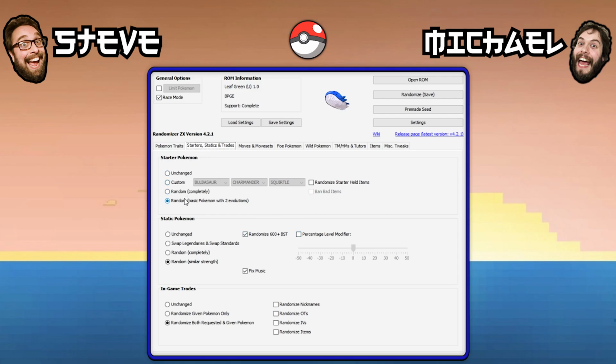On to the more interesting ones. Starters, statics, and trades. We will be beginning with 3 random starter Pokemon. We're not going to be given a choice of Moltres, Weedle, and Weedle or anything ridiculous, which is completely random. We've chosen to go for 3 random starter Pokemon that have 2 evolution stages. So they're more balanced, I guess, and it will be more interesting to see which ones we go for. At least a feeling that these could have been real starter Pokemon, even though they weren't. You'll notice a theme that we've gone for the slightly more conservative option most times, but it's still not a